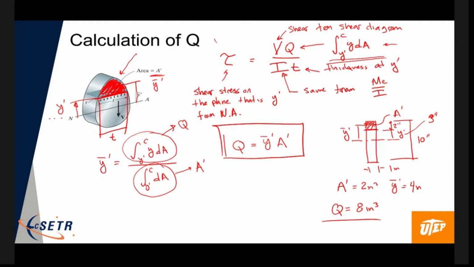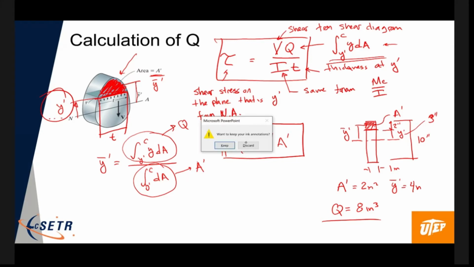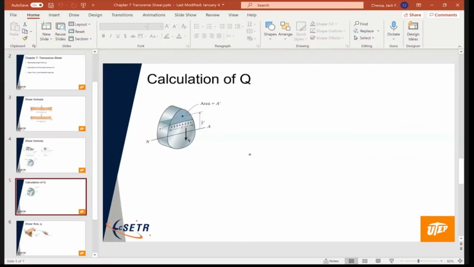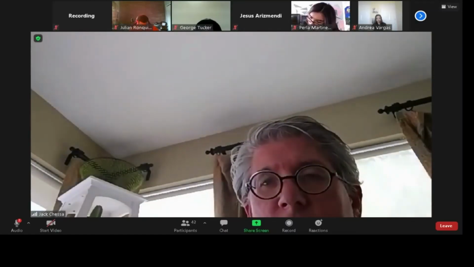All right. So that's it. So remember, we want to get the shear stress on a particular plane. So that's going to define Y prime, right? The area above it, that's what we're going to use to calculate Q. The thickness at that plane is T. And then V and I are just the same things we used in chapter 6. Okay. All right. So let's do a quick problem here. All right. So let's find the